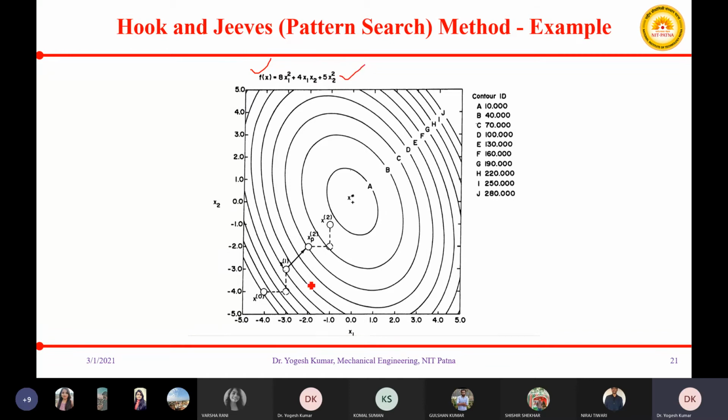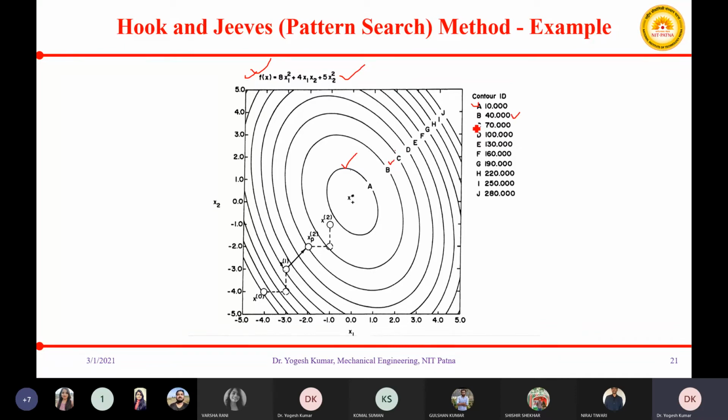Okay, so here you can see the contour plots corresponding to the value of f(x). Suppose you are having f(x) equal to 10, then this is your particular plot. For f(x) equal to 40, you are having another plot.